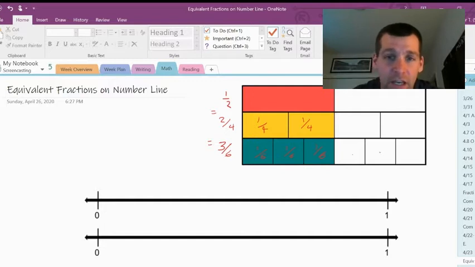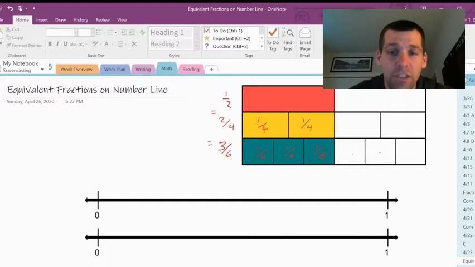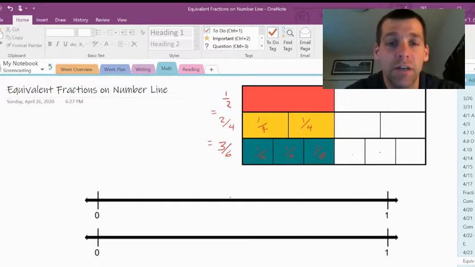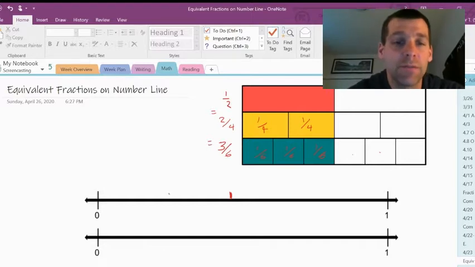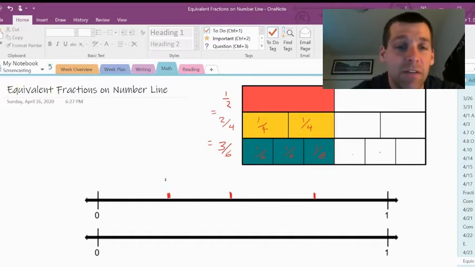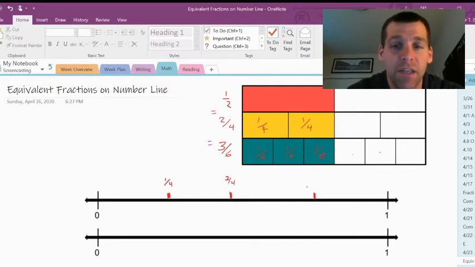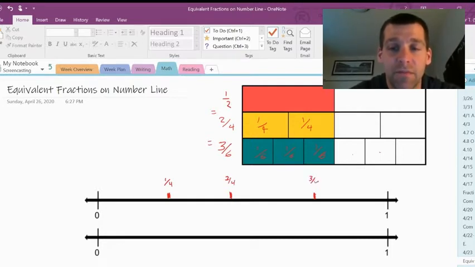Now we're going to go down and start to use it on a number line. Similar idea as up above. Here, I need to start with my original fraction. So here, let's start with fourths. Okay, we'll start with our idea of 4/4. I've divided my fraction or my number line into 4 parts. I've got on here 1/4, I've got on here 2/4, and I've got on here 3/4,